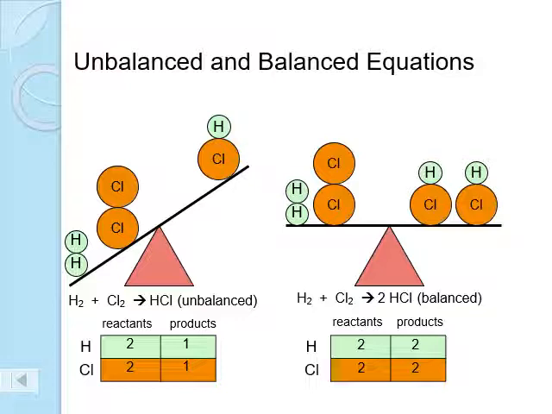Now on the right hand side of the picture, we can see that if we add 2 HCl on the right side, meaning 1 HCl is made 2 on the right hand side, the reaction is said to be balanced. How? Because on the reactant side, hydrogen is 2 in number, and on the product side hydrogen is also 2 in number. Chlorine is 2 in number on both the reactant and product sides. So it is balanced. Both sides the number of atoms should be equal according to the law of conservation of mass.